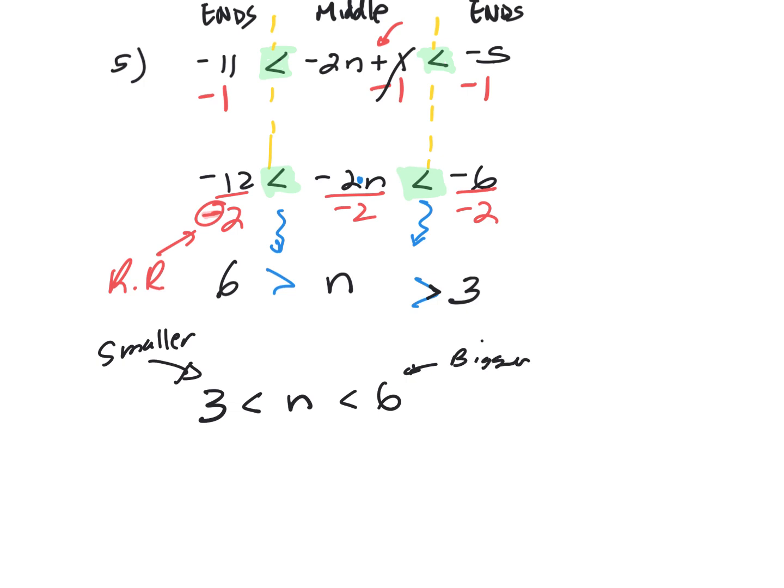So this says we want all the values that are between 3 and 6. That's what this means. It's a between statement. So we want all the numbers that are between 3 and 6. So it's all the numbers that are in between. So today we went over